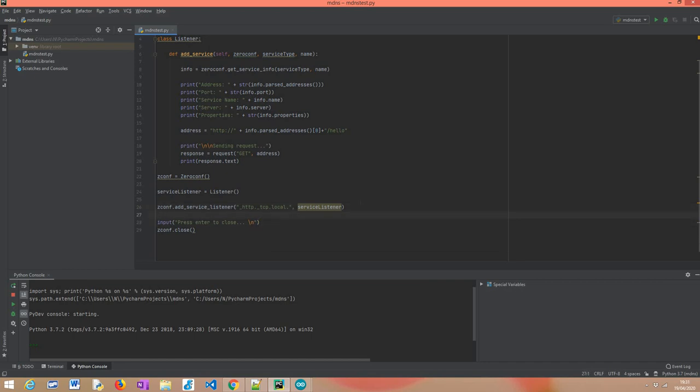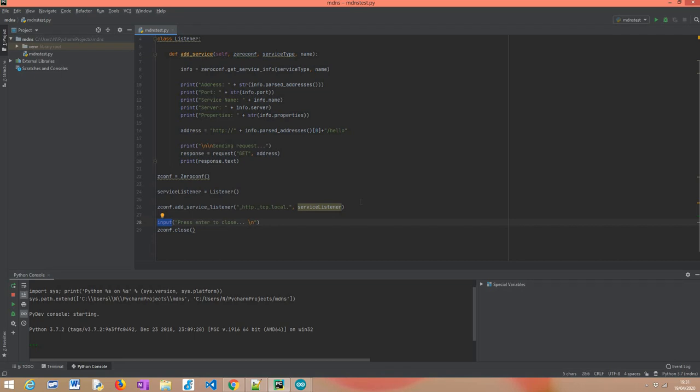Past this point, this should be listening in the background for new services, and to prevent our Python code from finishing, I'm just calling this input function that will pretty much block the console, waiting for the user to press the enter button to return. It will be blocked until the user does that.